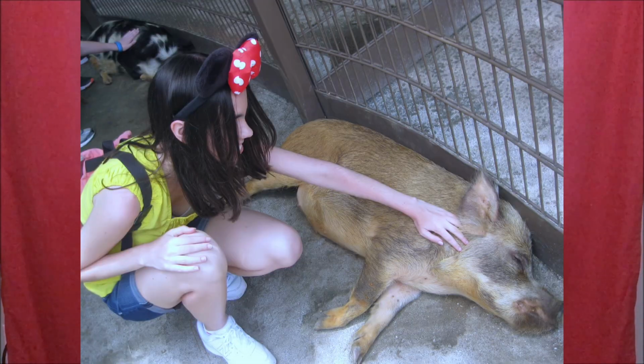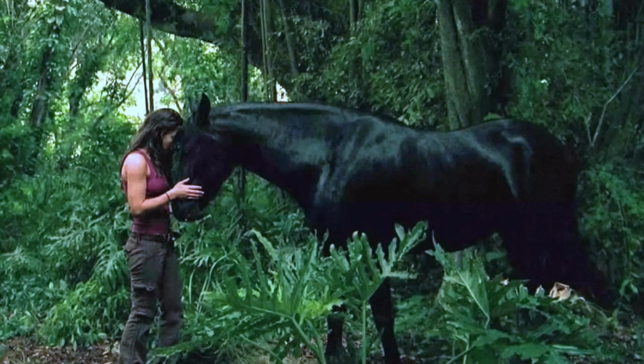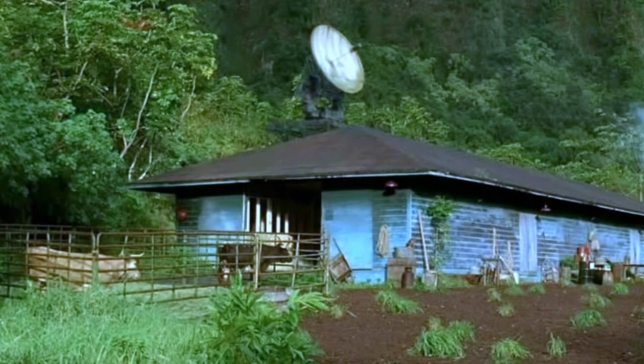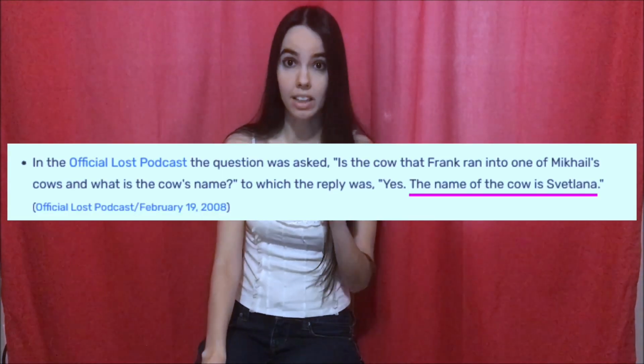I initially thought of adding a petting zoo, like the one that you had at Animal Kingdom at Disney, if you took the train to Rafiki's Planet Watch. Ours would have bunnies, of course, white bunnies, in honor of the iconic number 8, our dear, adorable, lovely number 8. It would have black horses inspired by Kate's horse. It would have goats and cows. And by the way, did you know that one of the cows on Lost is canonically called Svetlana? Because now you know. And we would also have polar bears, of course.